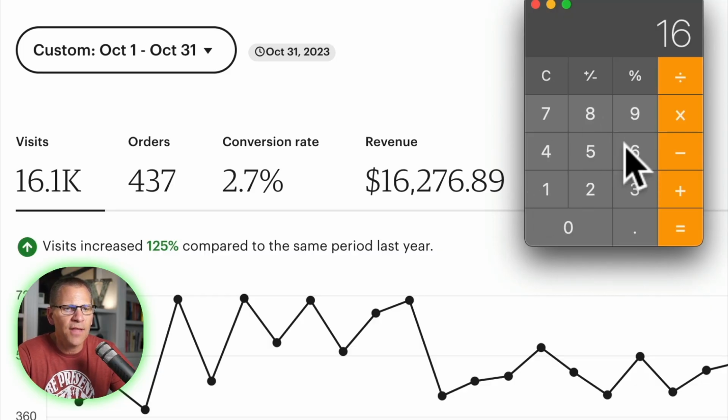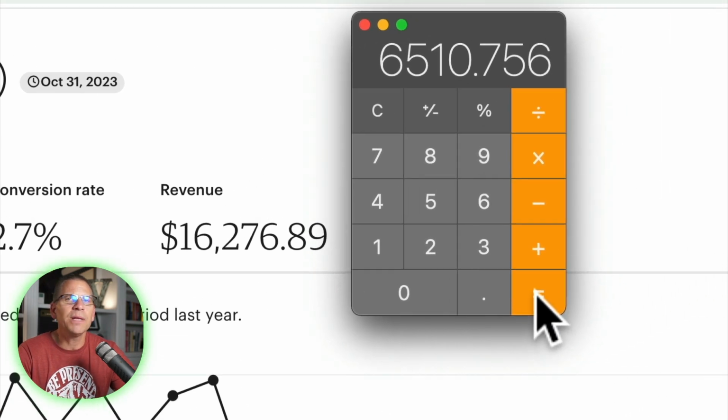So $16,276.89. And we're going to go ahead and use 40%. And we would be left with $6,510.75. So yes, having a $6,000 month, that's a pretty hefty month. That's a great month, right? But here's the thing that I always look at that really excites me. And that's this right here,